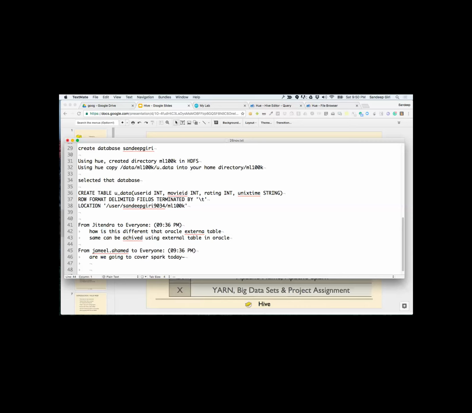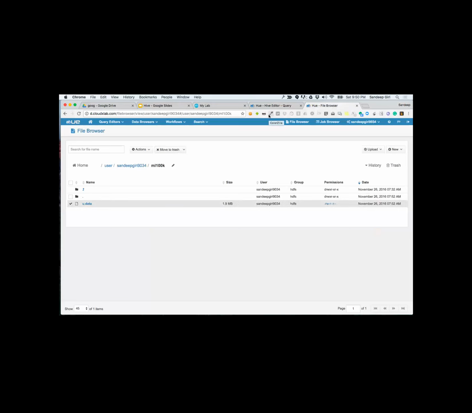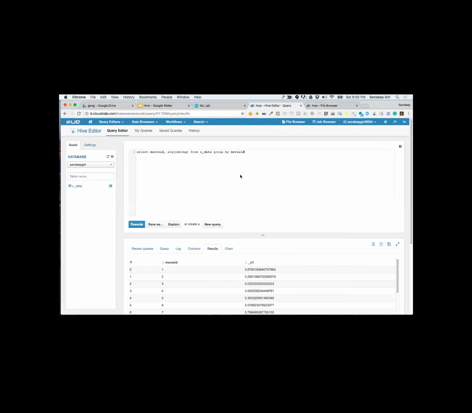All right. So maybe sometimes it gets stuck. And is it still running? You can refresh the window and try executing the same command. All right. So sometimes the job can get stuck or something could have happened.